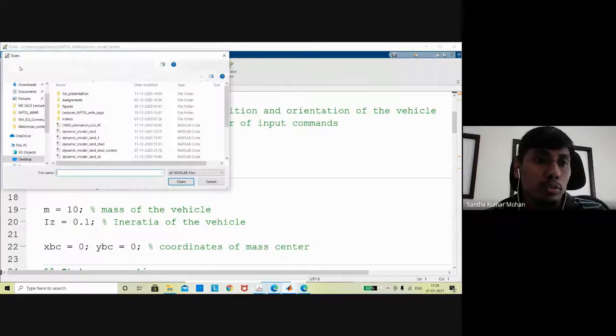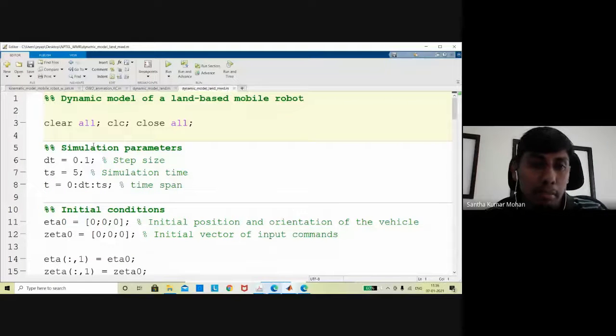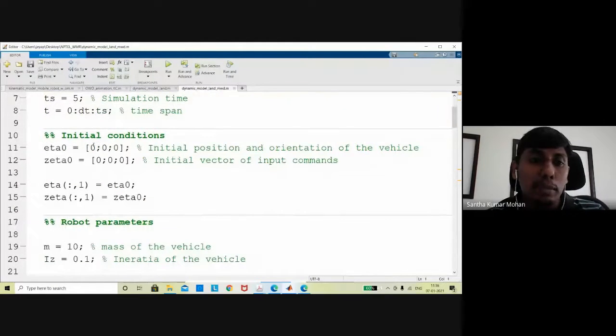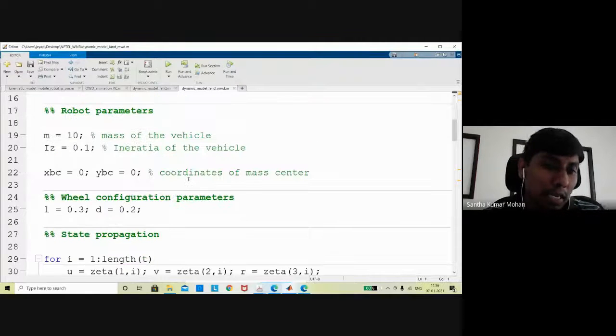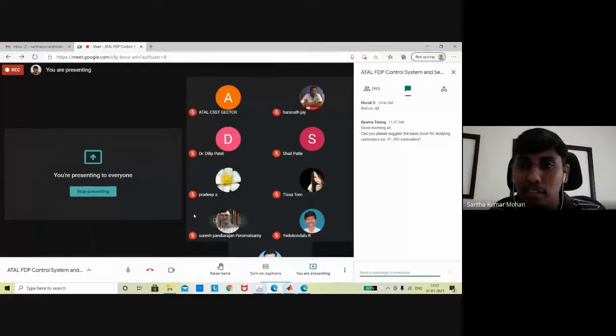Even if you want to go very specific, a dynamic model with Mecanum wheel, dynamic model with Omni wheel or differential wheel, independent wheel, everything you can play with. So this is the overall idea. When you are doing the dynamic analysis, you can vary your system parameters, change your mass parameter, and see what happens. That is the overall idea, then you can play in a very explicit form. Okay, so with that I'm freezing this session.